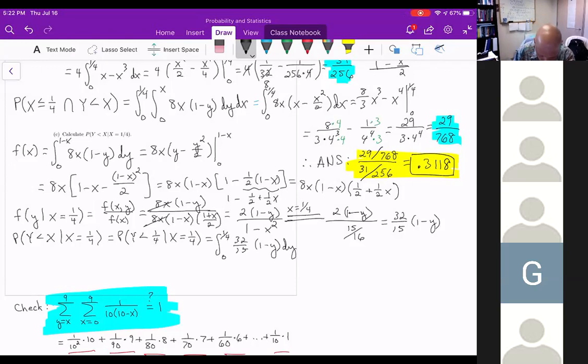So you have a polynomial. I'm going to pull that constant out, 32 over 15. And we've got y minus a half of y squared, which we are evaluating from 0 to a fourth. So we have 32 over 15, 1/4 minus 1/2 of 1/4 squared. So 1/4 squared is 1/16, multiplied by a half is 1 over 32,